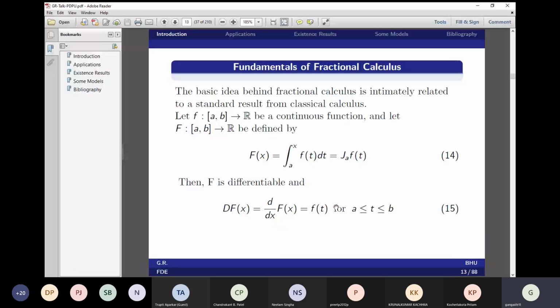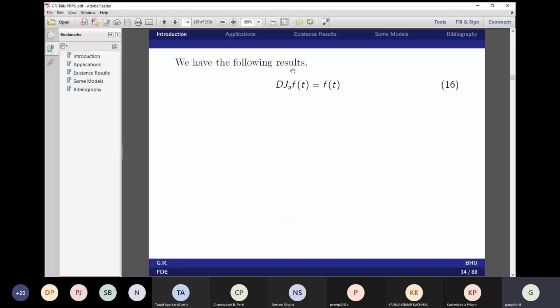Now we can generalize this concept. We have the following result: the derivative of the integral will be equal to the previous function f(t). The derivative of the integral of f(t) will be the function f. Now if we generalize, taking the nth power, the nth-order derivative of the n-fold integral of f(t) will be f(t) for any integer n. Here this is the first-order type,